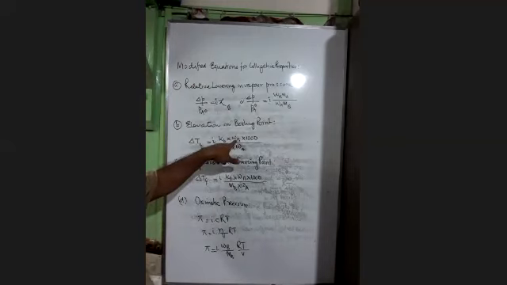Small b stands for boiling, and big B is for solute, and A is for solvent. Clear? Yes, sir. Okay, then for